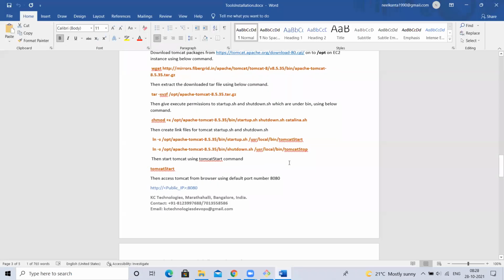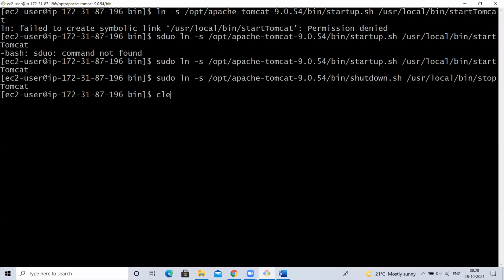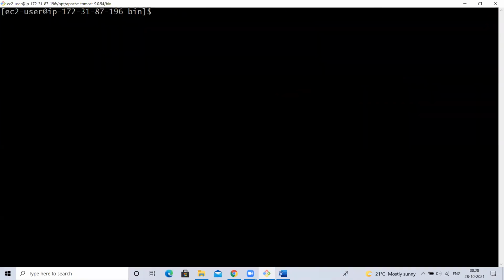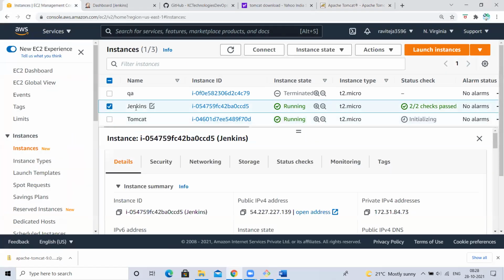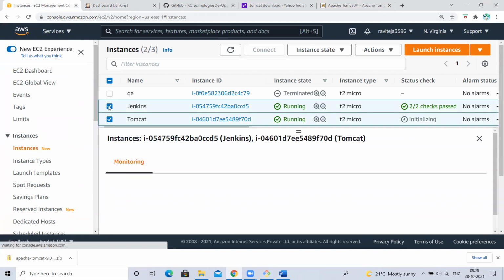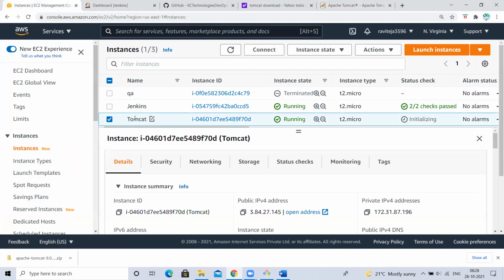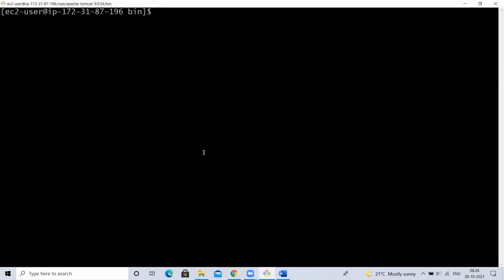Let me use the Tomcat port number. Okay, no problem. I no need to configure any user. I don't want to change the port number. This is a different machine. Here I have Jenkins running with 8080 port number. Here I have another, a different Linux server where I have installed Tomcat. So if Jenkins is using 8080 on that machine, no problem. Here, this is a different machine. I can use 8080 port number for Tomcat because it is a different machine.